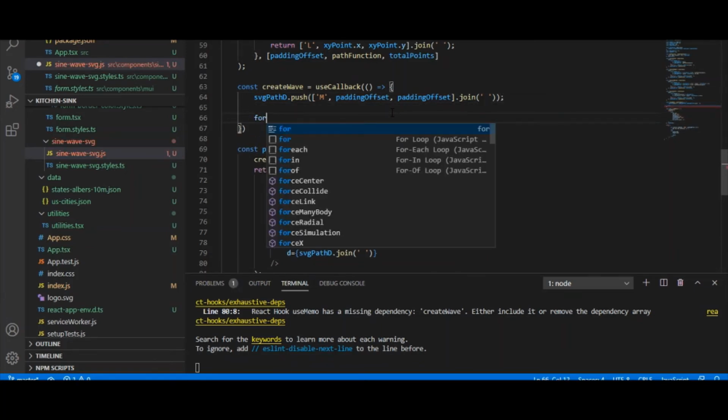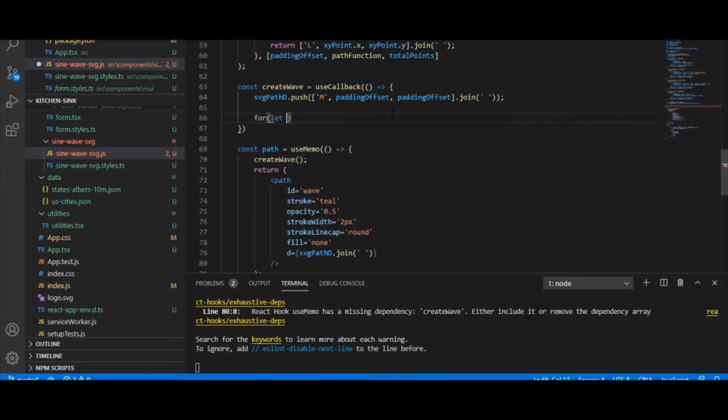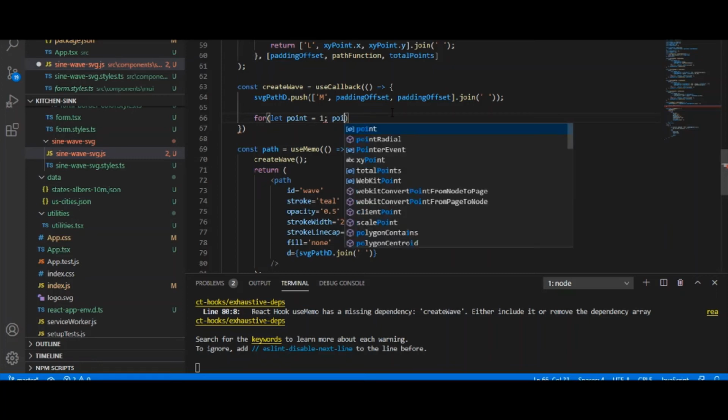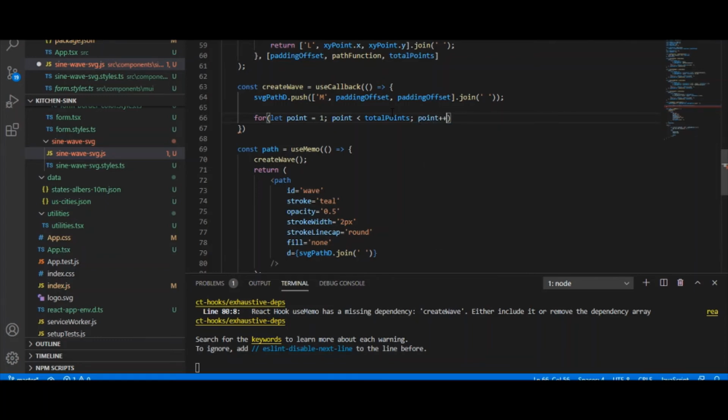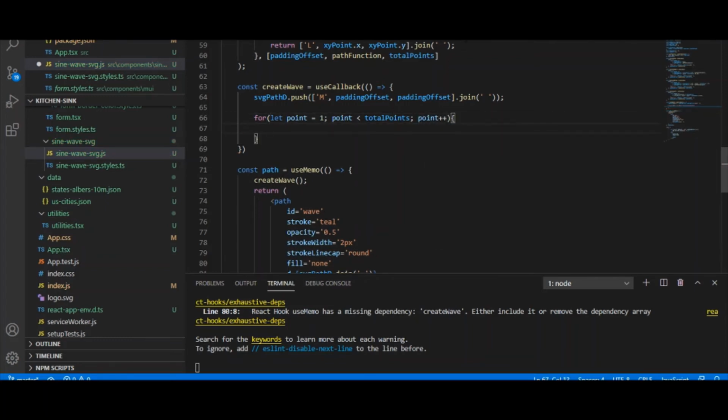And we have a pretty good size for loop here. So we're going to increment all the way up through our total points. And then it's as simple as